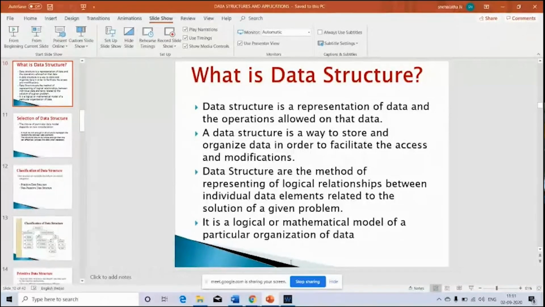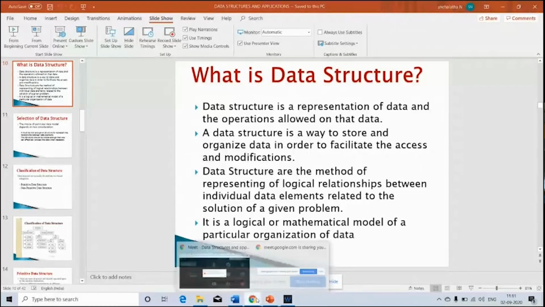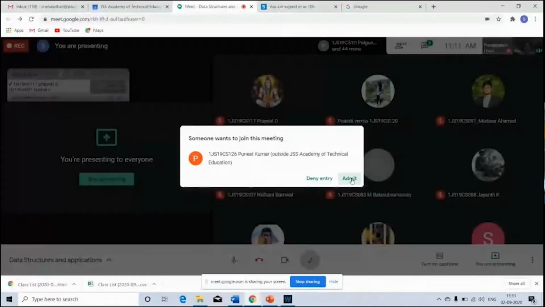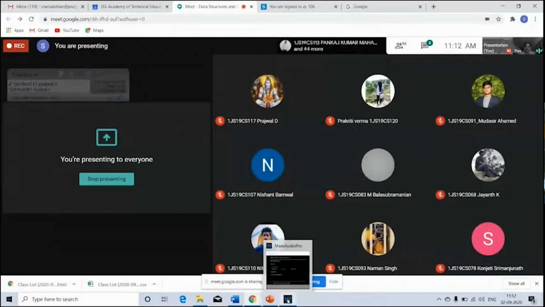What you can see in several data structures is that the way in which all these operations are performed is different. Finally, in all data structures the data is stored in some manner, data is accessed and you perform operations, but it varies from one data structure to another. The operations performed on each type of data structure and how you retrieve the data in each of them vary from one type to another. Some may be efficient and some may not be efficient